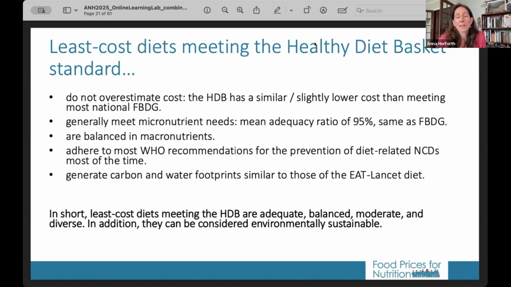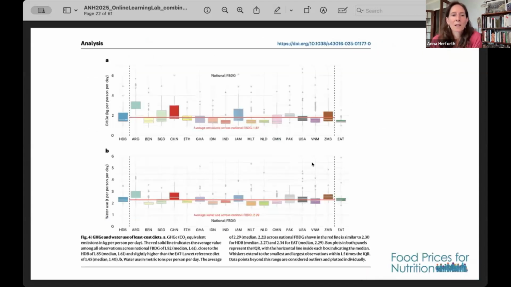So the carbon and water footprints of diets that meet the healthy diet basket standard are similar to those of the EAT-Lancet diet. You can see this in the paper as well, but just to show: on the left side, the blue is the healthy diet basket. This is carbon footprint, and then the bottom is water use. And the EAT-Lancet is the green over here on the right, sorry, I mixed up my slide. On the right, we have EAT-Lancet. On the left, we have the healthy diet basket. And you can see that they're very similar,